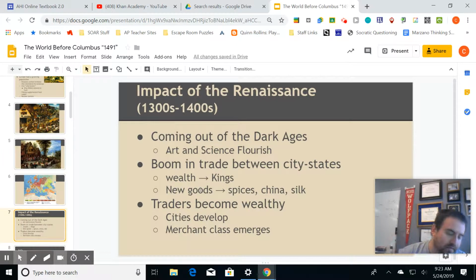So we've had the Black Plague, we've had this time in Europe where everything is all about death and destruction. There's no hope. People stop studying things, stop innovating, and now they're starting to innovate again. How they're doing that is they're going back and taking a look at the ancients, the Greeks.